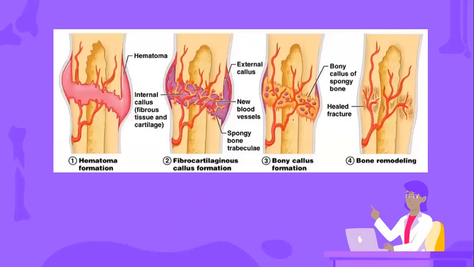So, as I was telling you, there are 3 or 4 stages of fracture consolidation. Here we have the first one on your left, the hematoma formation. This is the earliest of all 4 stages, and it occurs at the moment of